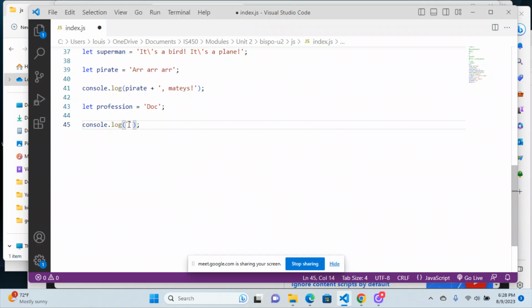There's also tagged template literals, which I don't know if we're going to, yeah, maybe we'll do that if you guys remind me right after this. But